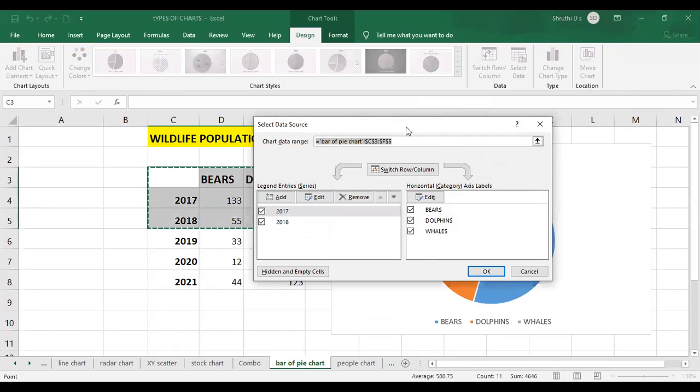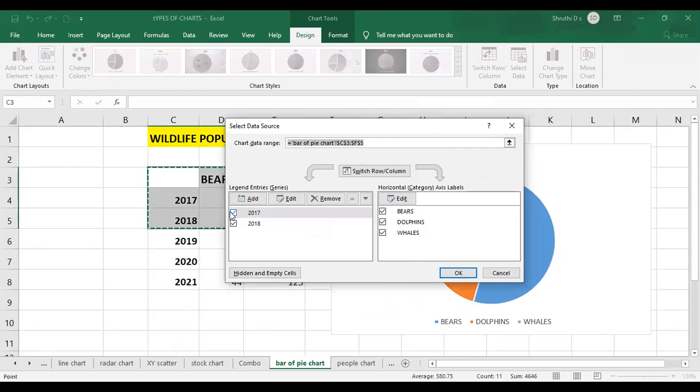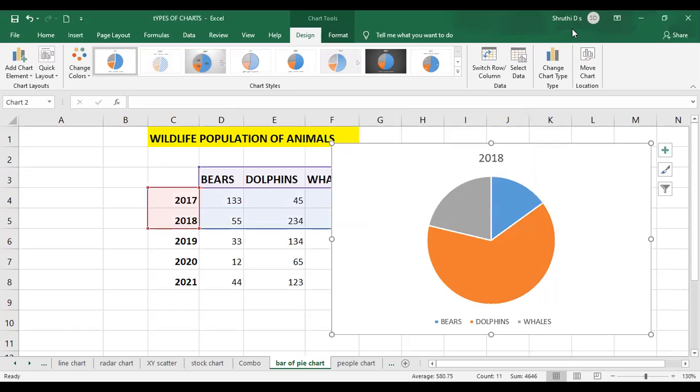On the left-hand side, you have 2017 and 2018 selected, because the data range which I have selected covers both of them, but I am viewing only 2017. That is why I'll remove the 2017 option and click on OK. Now my chart is changed for 2018. So like this, you can make changes to your chart.